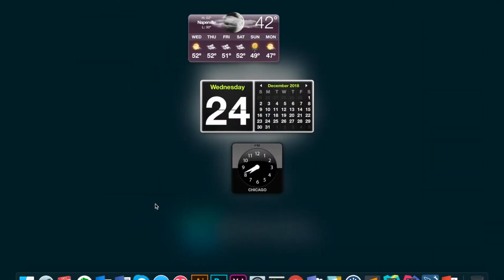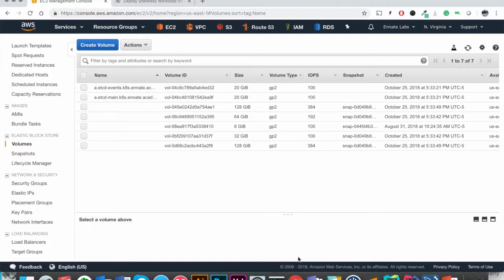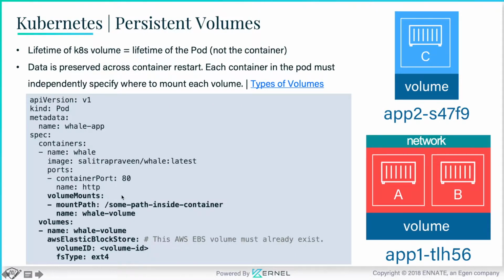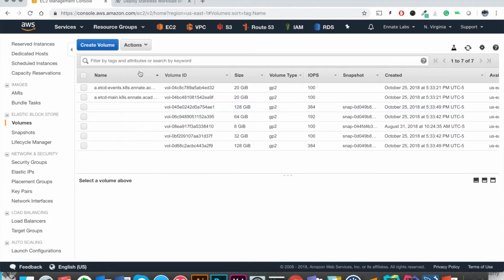Let's see one example here. I'm not going to create a volume. So for example, these are all the EBS volumes created by KOps for your cluster. These are not to be used by your applications. In this case, I'm trying to create a new volume for my application called Whale app, which we have seen running before. So if that's the case, what an admin would have to do now is to go here, create a volume,